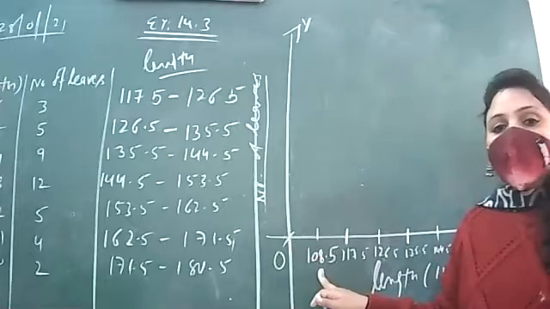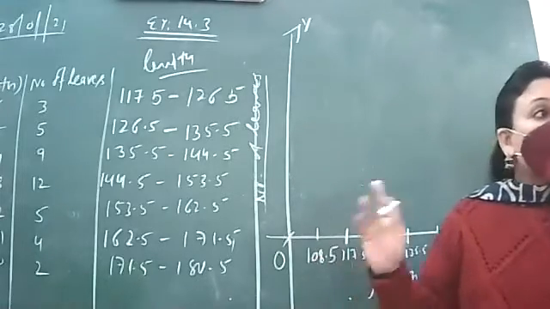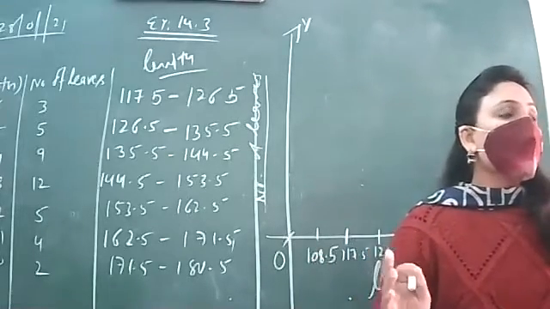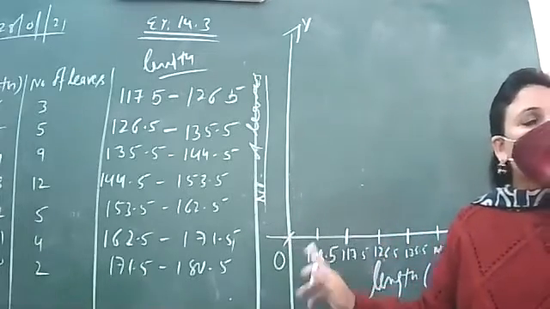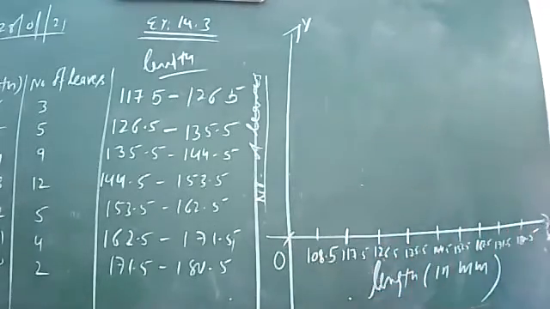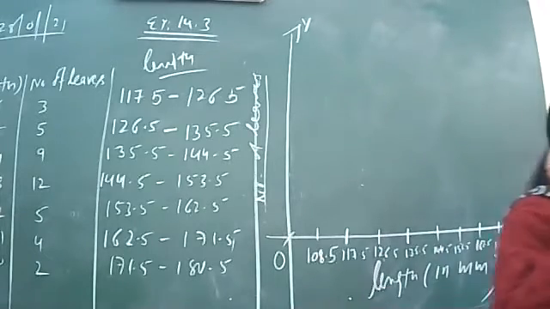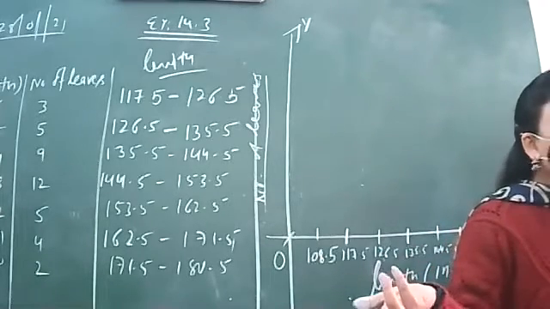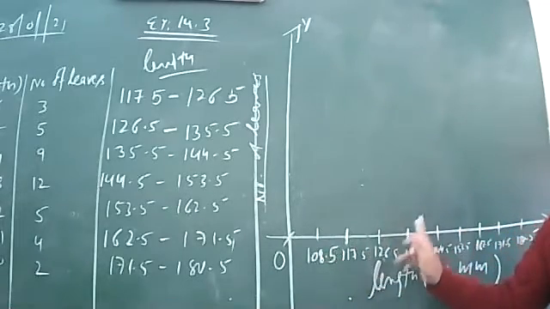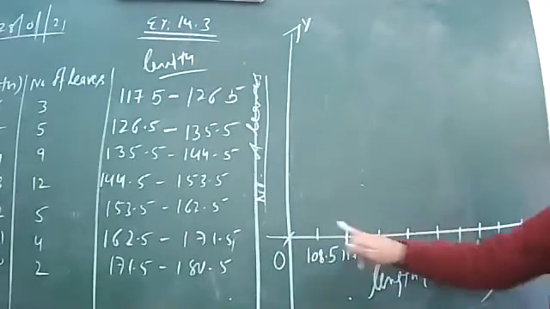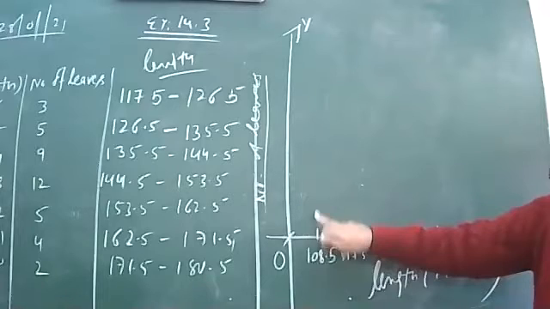I am taking 108.5 behind because I want to take the data in such a form that it is included in the intervals. Now see, from 0 to 108.5, how much gap is there? How many numbers lie from 0 to 108.5? 108.5, okay. And in the others, what is the gap in each? The gap is 9. That means the gap I am taking is equal everywhere. All have the same gap.